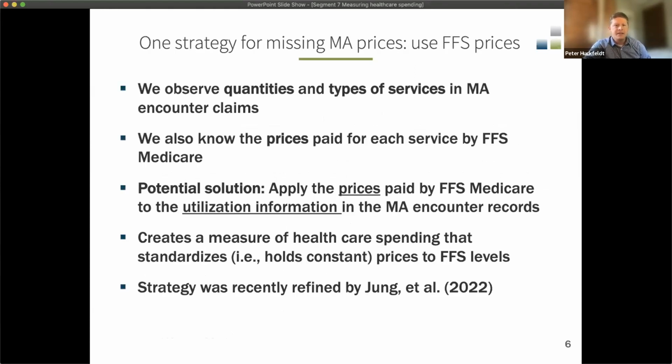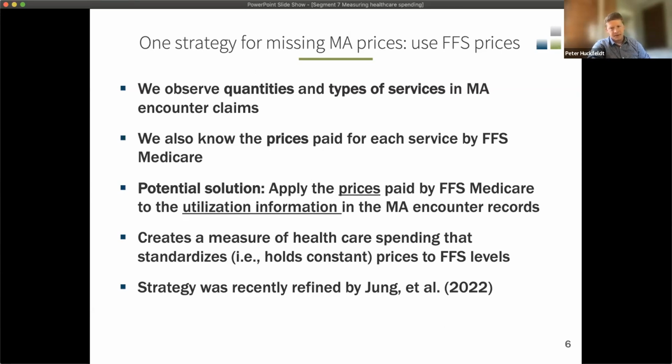So the key strategy that we're going to suggest today, to account for the fact that you can't see the Medicare Advantage price, is to impute a price using the fee-for-service price, because we do observe the quantities and the types of services that enrollees are receiving in the Medicare Advantage encounter data. And we know the prices that are paid for each service by fee-for-service Medicare, and we can see that information in these publicly posted fee schedules. And so the solution is to take these publicly available prices paid by fee-for-service Medicare and apply them to the utilization information that you see in the Medicare Advantage encounter records. What this does is it creates a measure of healthcare spending that standardizes or holds constant prices to